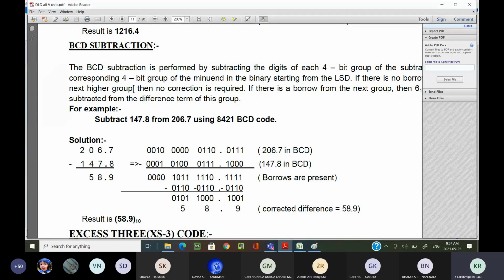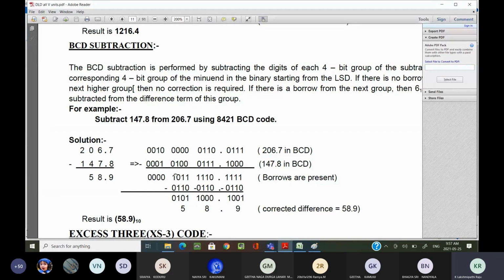Everything is 0. Now, if you see, except in the first digit, for all the remaining digits we have taken borrow. Now, all these differences we are getting are incorrect differences.